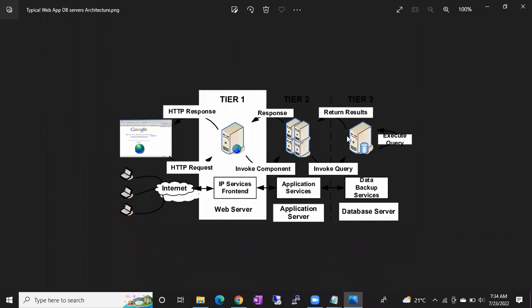This is how the three-tier architecture will work. Any software, three-tier architecture is very important, guys. All the software will work on the three-tier architecture only. It's good to have knowledge of it. In the three-tier architecture, tier 1, tier 2, tier 3, web server will be there, application server will be there, database server will be there. The request goes from browser to web server to application server to database server. Then the query will be executed. The outcome will again be passed from database server to application server to web server. Then finally in the browser, you can see the data. This is how the three-tier architecture will work, guys.